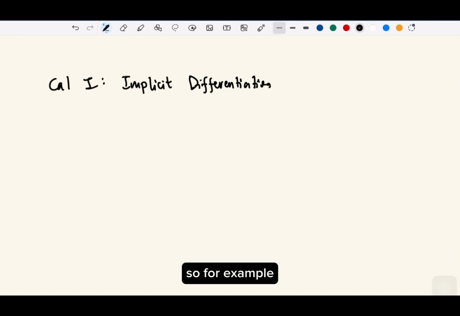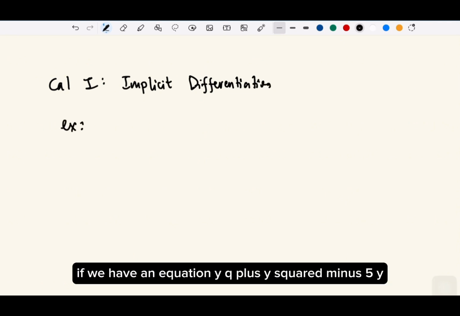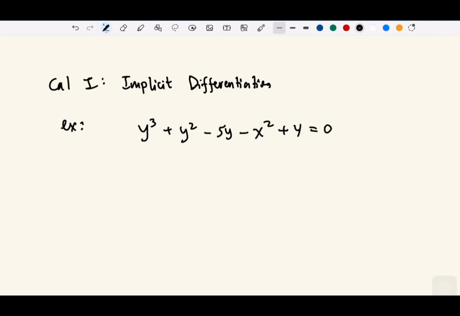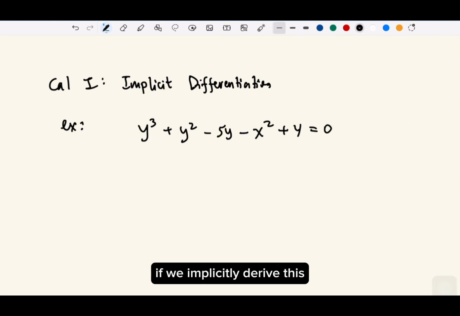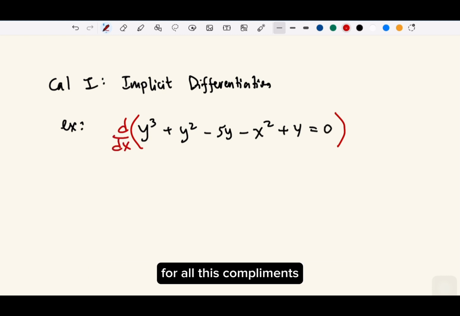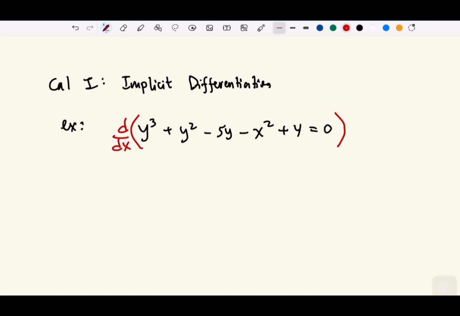So, for example, if we have an equation y cubed plus y squared minus 5y minus x squared plus 4 that's equal to 0. If we implicitly derive this, for example, we take this and then we decide to take the derivative for all these components. Do you still remember how to do it? Y cubed becomes, if we derive,